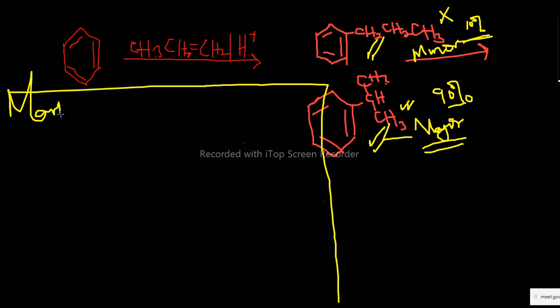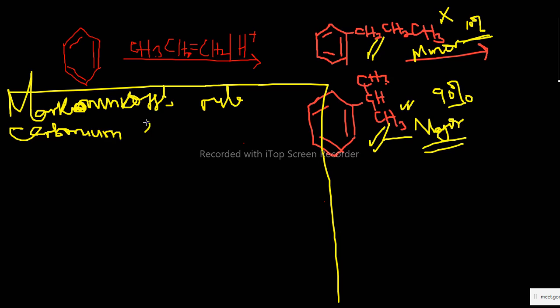Markovnikov's rule, or you can say Markovni, depending on what you want to write. Markovnikov's rule, and then carbonium ions. So if we explained this science so well, okay, we explained this science so well,